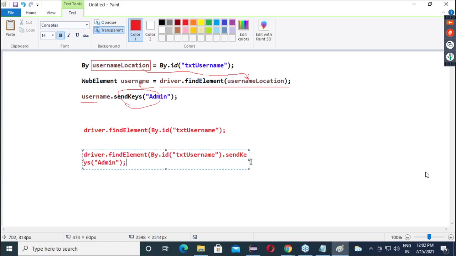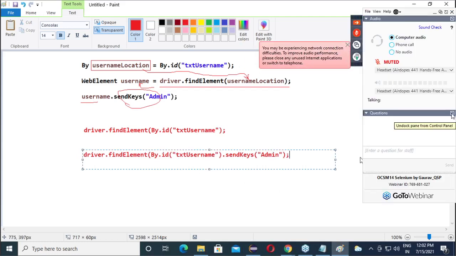How many are clear with this code optimization? Is everyone clear? Online people?